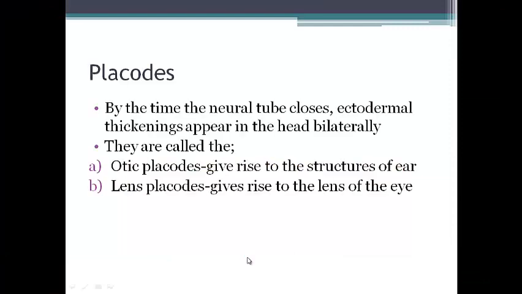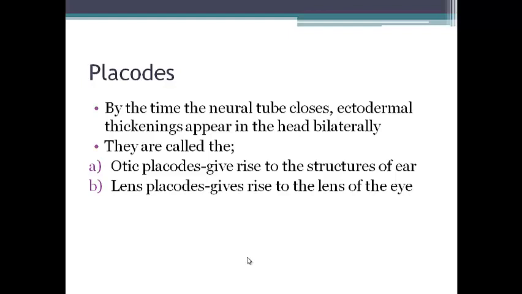Okay, so we're going to stop here, because I just wanted you guys to see the formation of the neural tube. So that concludes the development and changes happening in the neural tube. All right, now we're just going to continue with all the other different things that happen in the ectoderm.